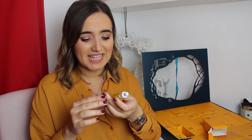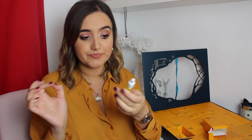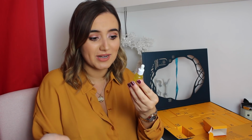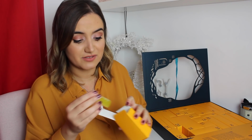Pipette. And this is, I have no idea, Power 10 Formula VC Effector Tenit Skin. Never even heard of this brand. All the back of it's in like Korean or Chinese language, I'm not sure. Oriental, is that what I call those types of languages? I should really know this, that's awful. But again, pipette, no idea what it is. Oh, it's a vitamin C product. I'm definitely going to Google that because that sounds very interesting, and again, very excited to find a brand I've